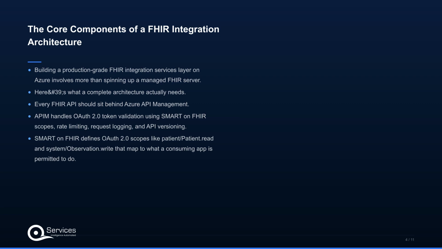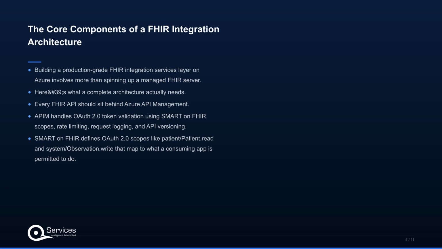Every FHIR API should sit behind Azure API Management. APIM handles OAuth 2.0 token validation using SMART on FHIR scopes, rate limiting, request logging, and API versioning. Without it, you end up with direct FHIR server access scattered across consuming applications, a compliance and operational problem that's